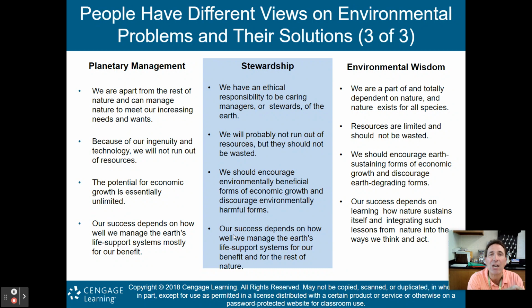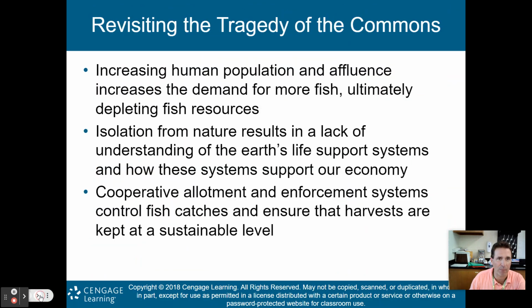However, when you have a natural predator like a bird that eats the insect, as the insect evolves, the bird evolves as well to stay with the insect because it needs the insect. And so there's another ecosystem service: the bird eating that insect is a natural form of pesticide, and believe it or not, that works better than actual pesticides. So again, we're learning that nature does a lot of the stuff that we're trying to do, and we should really try to emulate nature. That's the environmental wisdom worldview. All right, so again, just understand the basic difference between planetary management, stewardship, and environmental wisdom.